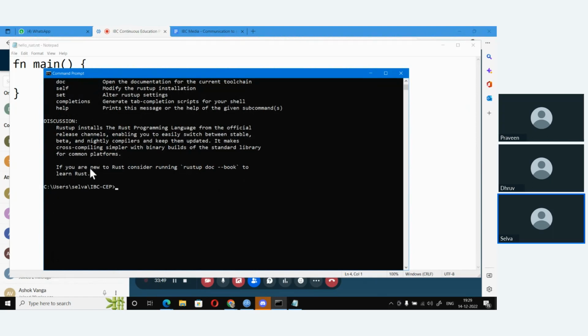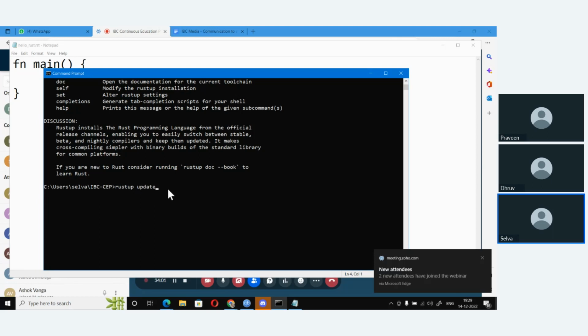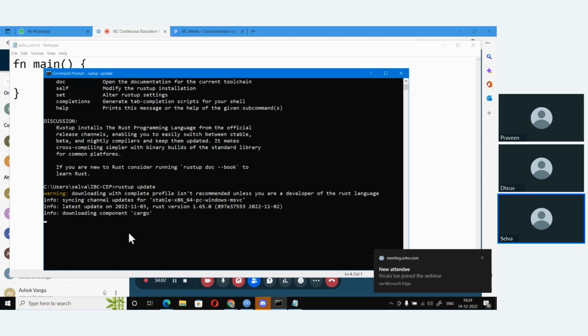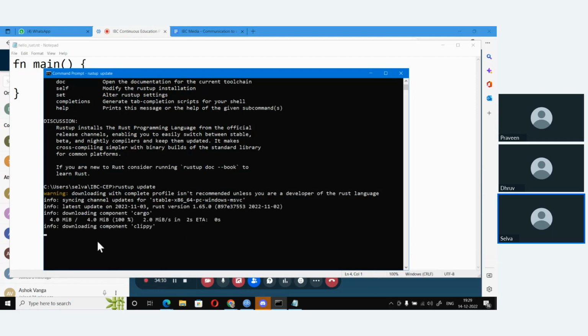You can open that up. If you want to update your Rust installation, all you need to do is simply say rustup update, and it will download the newer version of Cargo and also the libraries required.